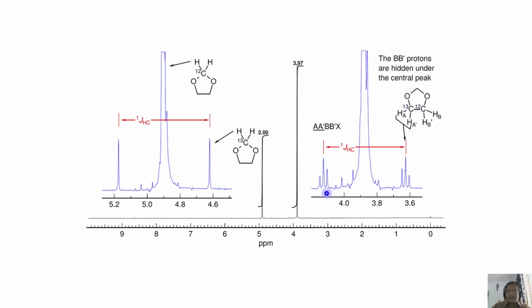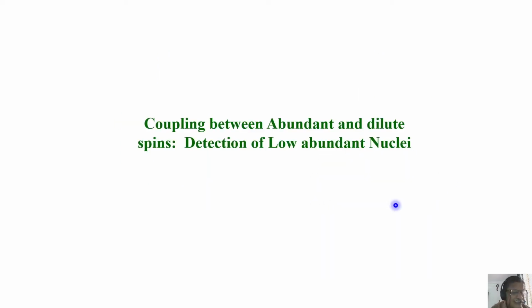Now, for the analysis of this, you can take the spectrum. I did not give you an analysis of the AA prime, BB prime, X spin system. You can analyze it and get all the coupling information. So that is just for the satellite analysis. I gave 1 or 2 examples. You can see satellites in various places. As we go ahead, we will come across a number of such examples. It need not be for coupling extraction, it can be for some other purpose.